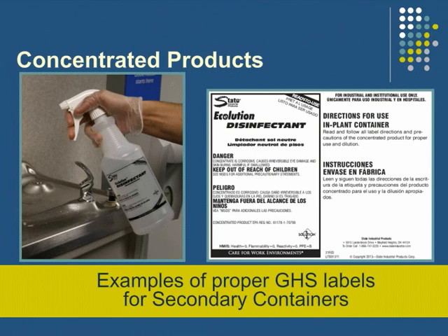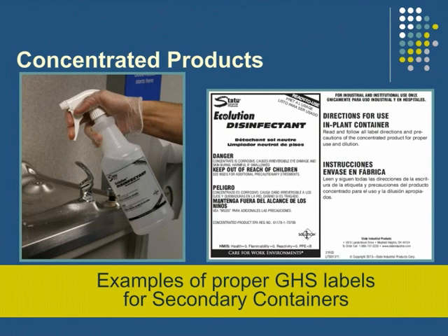You will still find the product name, signal word, and hazard statement. Depending upon the product, the secondary container label may or may not require a pictogram. The example above does not require a pictogram. The primary difference is that the directions for use will refer you to the concentrate product label for proper use